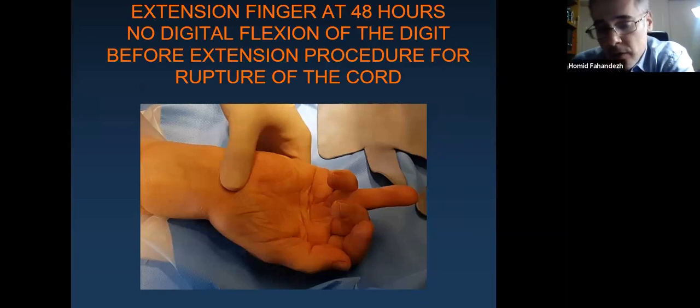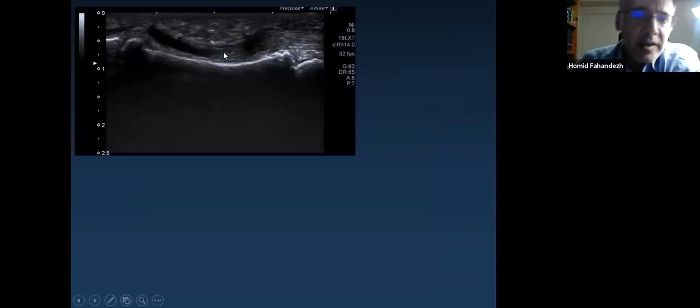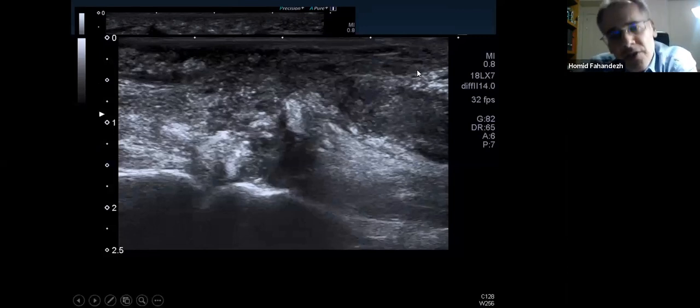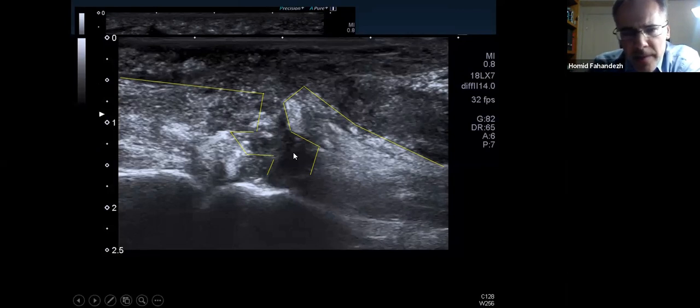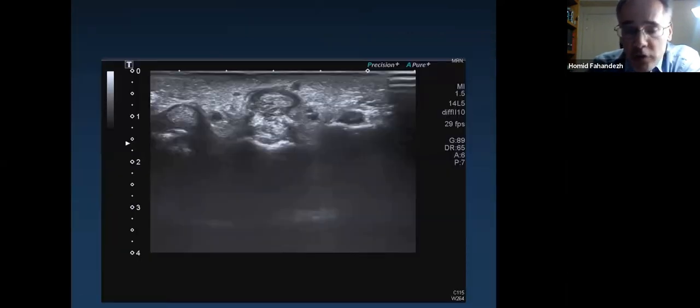So I thought that the tendon was ruptured. This is what I found in the ultrasound: the tendon proximally, but distally there is nothing here in the long axis. If I check in another plane in the long axis, I see a very heterogeneous area in the tendon with a very bad aspect. And in the short axis, it helps me a lot, because this is the normal distance, and here you can see how